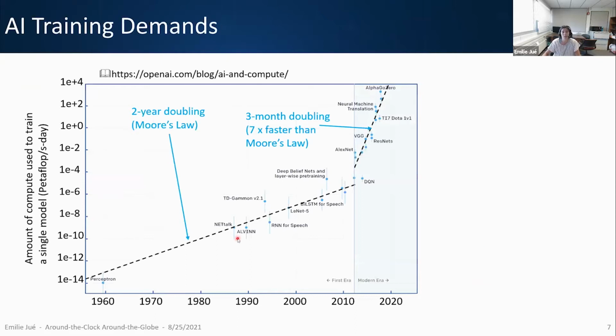However, the increase in performance that we've seen also comes with a significant demand in terms of training. On this graph, I'm showing the amount of compute that we need to train a single model as a function of the years. What we can see here is that over the last decade, the training demand has been doubling every 3 months. To put that in perspective, it is about 7 times the exponential rate that we observed with Moore's